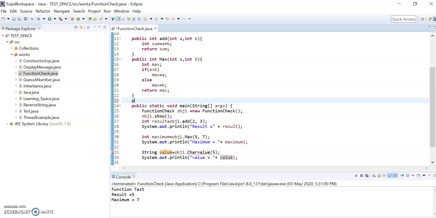Now I am creating one public function, public string character value, and it is getting the digit, so int a it is receiving.